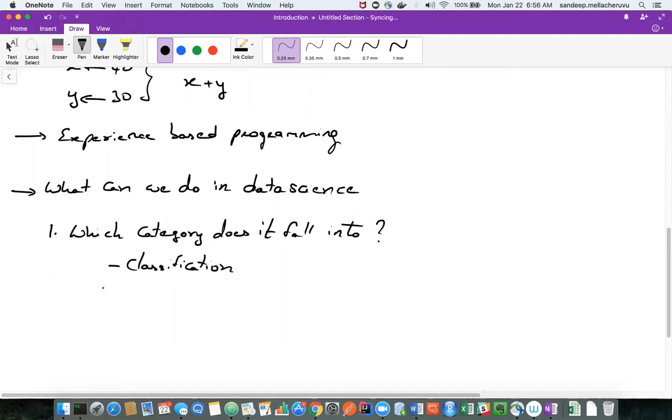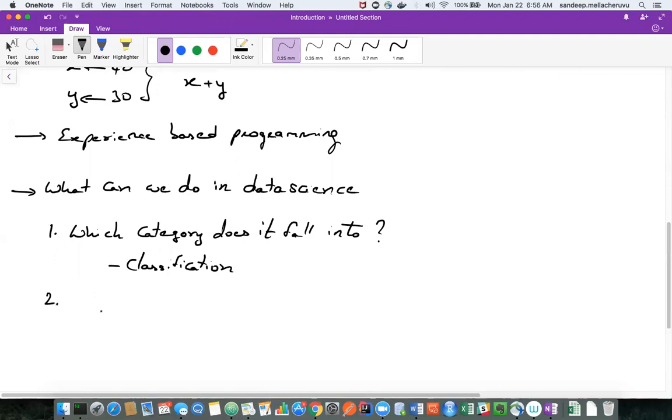Classification means that you have different kinds of animals, maybe one is a buffalo, another is a tiger. There are 100 different categories for animals, and which categorization does it fall into? Is it a tiger, or a lion, or a buffalo, or a rabbit? All these things fall into classification. You're classifying things.